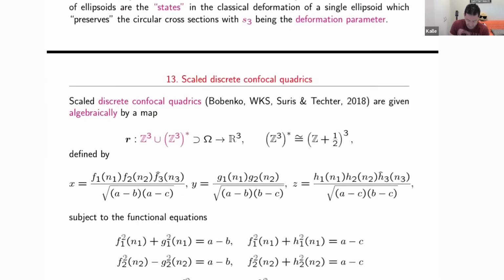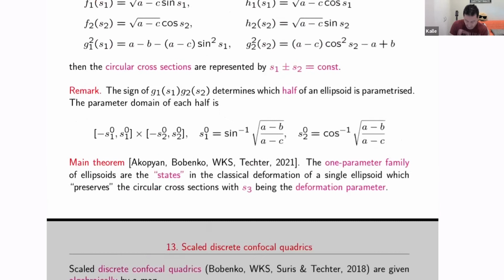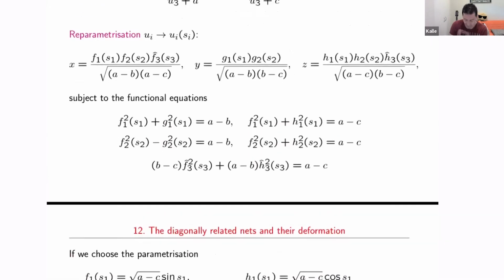So now, what does translation mean? Okay, now I'm going to give you an algebraic version. So let me just remind you of those formulae. So basically this captures everything here.